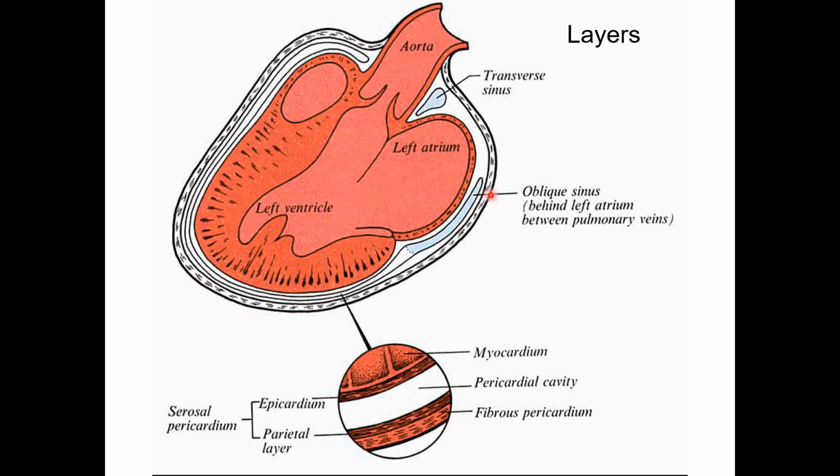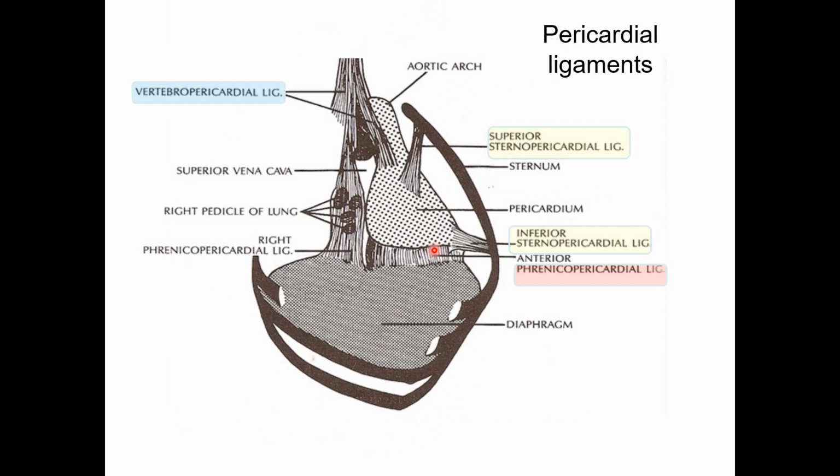Why do I have this fibrous pericardium in the heart, but not in the lungs or the abdominal organs? Simply because the movement of the heart during its pumping action is a violent movement. We do not want the heart to move around inside the thoracic cavity. So the heart needs to be contained within a tough sac. This tough sac is formed out of the fibrous pericardium. Not only is it contained, but it is also fixed.